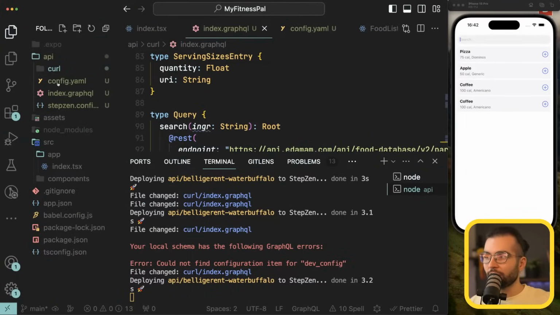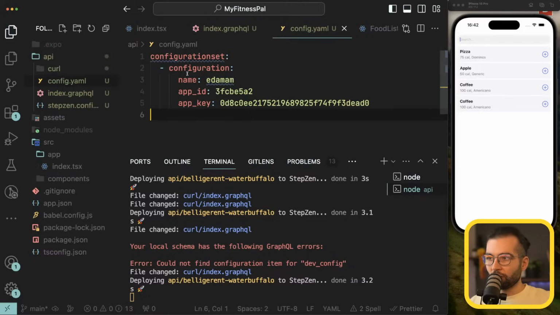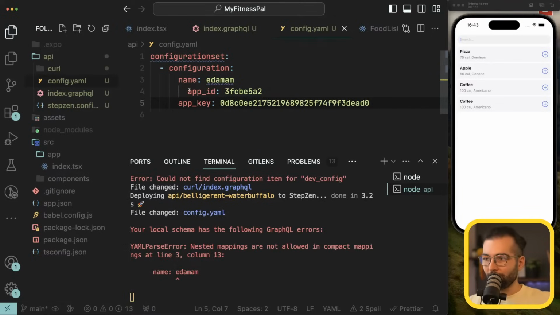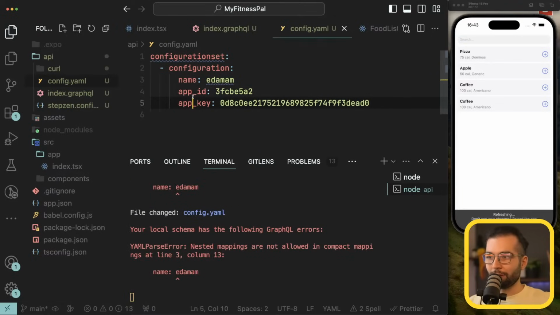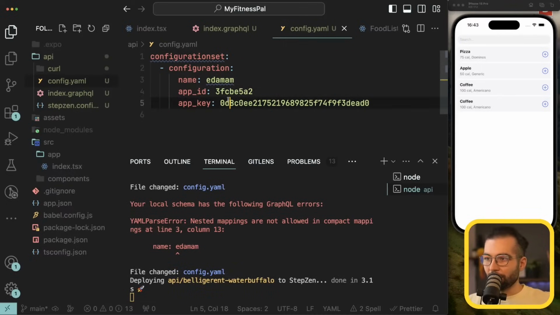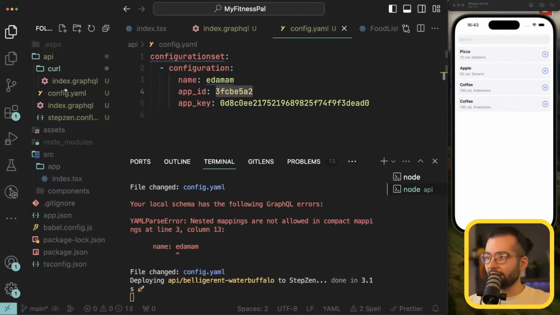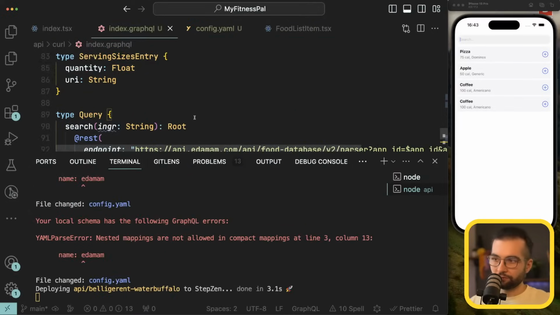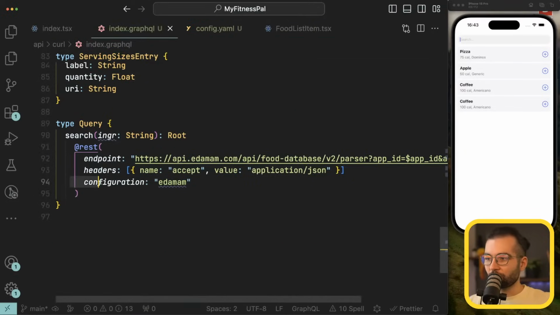Again, we created a config.yaml file with this structure. And here in YAML, the indentation is very important. Make sure you do not have indentations like this. Make sure that the name, app ID, and app key are at the same indentation level. The names, and then inside your query, the first step is to link the REST